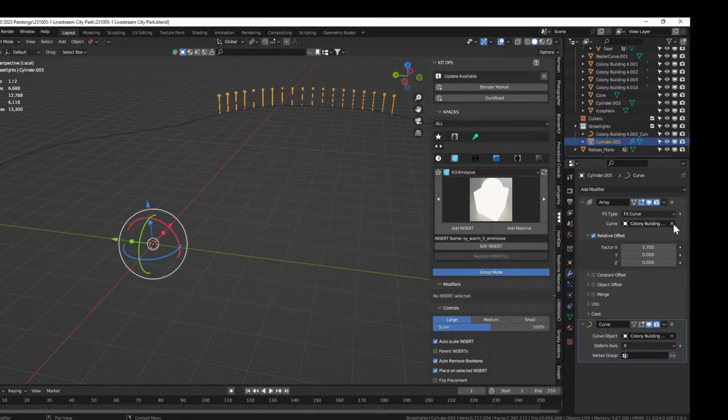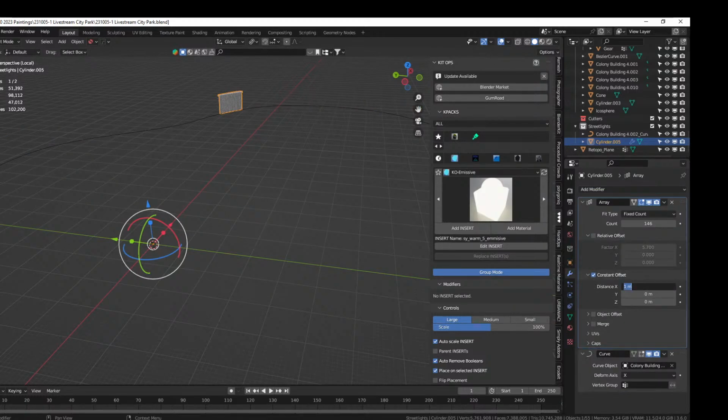Let's see if we can just follow the curve. Let's go fit length. Fit count. And we can give it, cool. Yep, we'll just do it the cheat way. And we don't want a relative offset. We're going to go to constant offset because it's going to make my life easier, of how many feet between